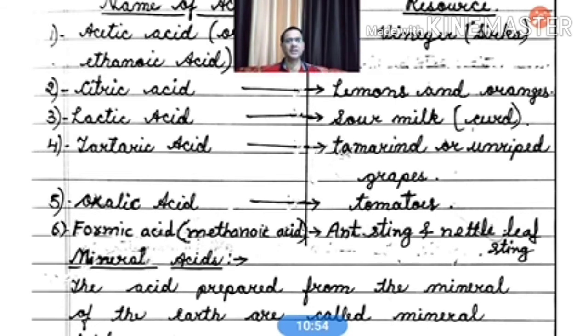चींटी जब काटती है, then it releases one acid, and that acid is called formic acid. And this formic acid creates a burning sensation on the surface of skin. So this methanoic acid or formic acid is either present in the ant sting, or there is one plant leaf called nettle leaf. उसमें भी इस तरीके की स्टिंग्स होते हैं, बहुत छोटे छोटे महीन से. If anybody comes in contact with the leaf of this plant, nettle, then this also releases formic acid or methanoic acid, and that also causes burning sensation on the surface of skin.